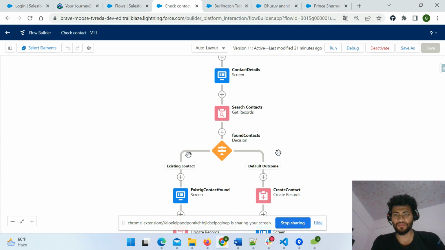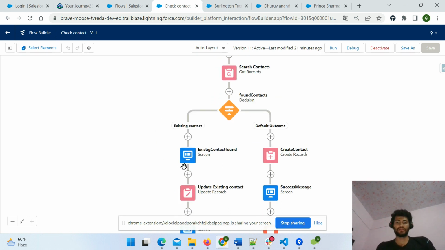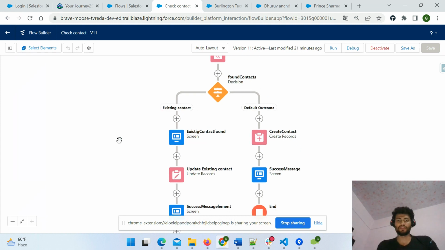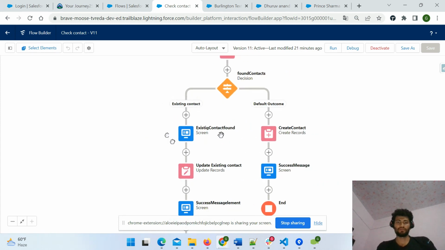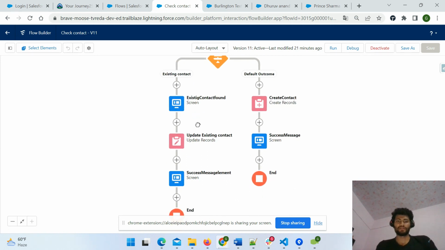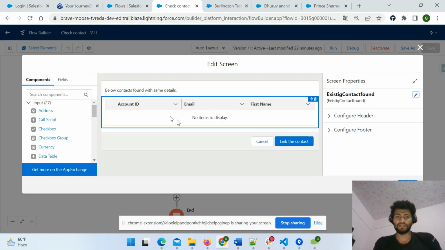Now there are two scenarios: whether we are getting any contact in Salesforce with the same first name and the email ID given by the customer. If yes, then we give the prompt that this contact is already there in the system. If you want to link the contact with the account, then hit this button. And once the results are coming, we are basically using the